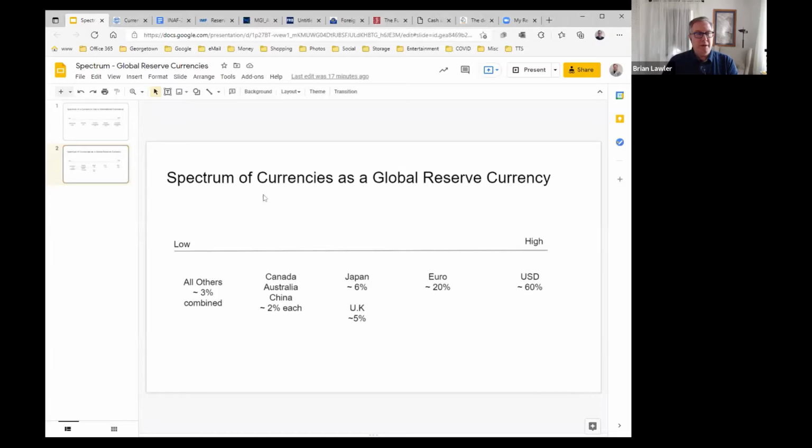So let's revisit or summarize this idea we talked a little bit about in class, which is how the currency of a country might be very prominent in global use in commerce, used around the world, but also might have very low use around the world outside its own borders. So let's talk about that idea just a little bit. Here are a couple of slides to help illustrate my point.